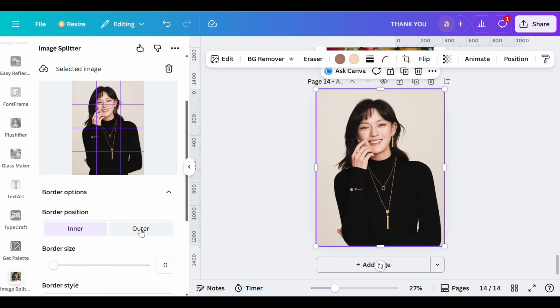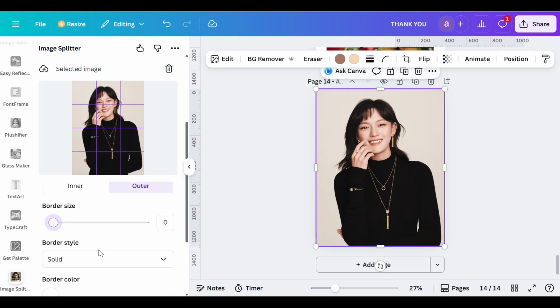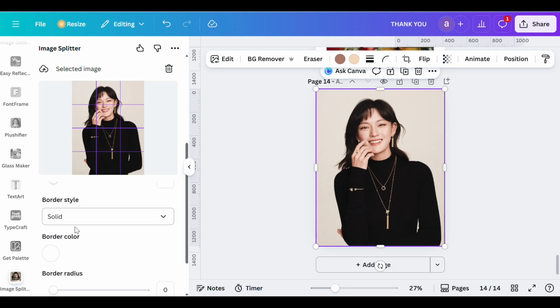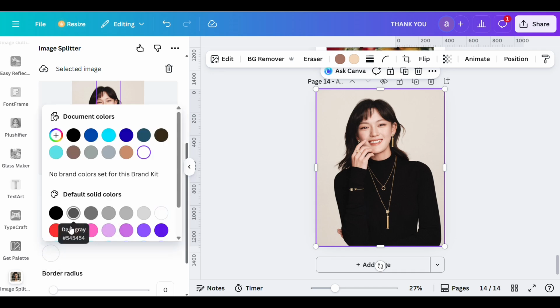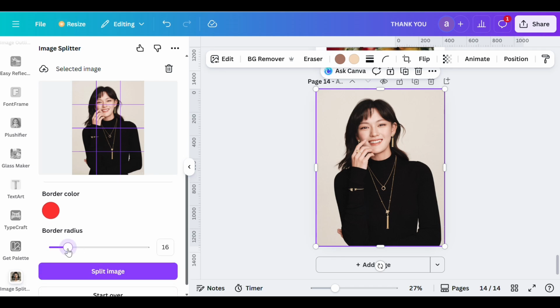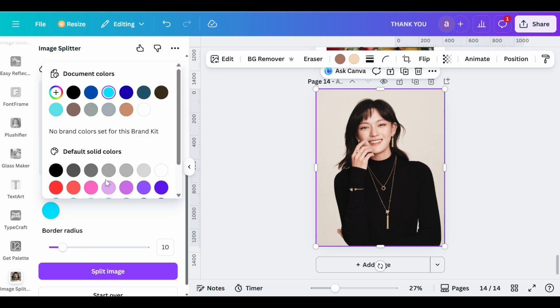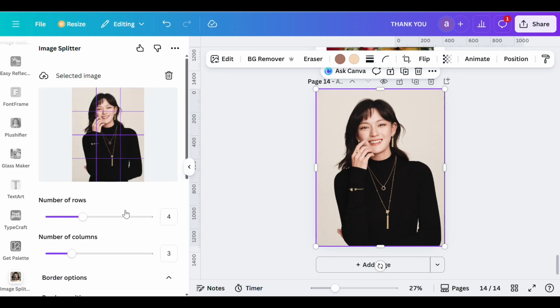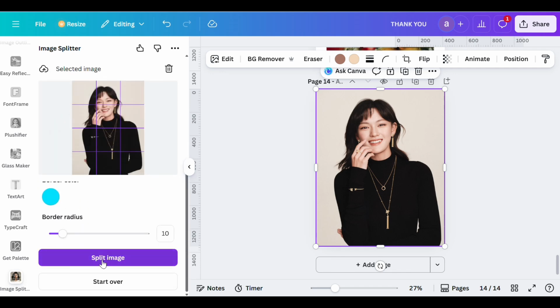You can choose inner or outer like this. And when you're done with the settings, just simply tap on split image